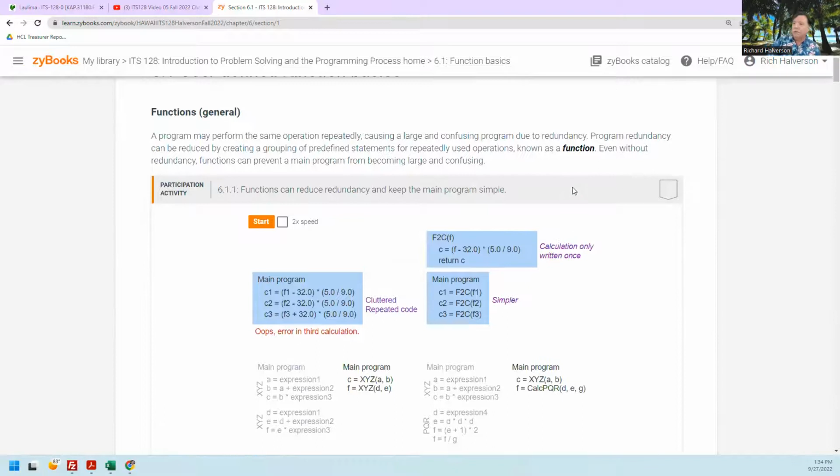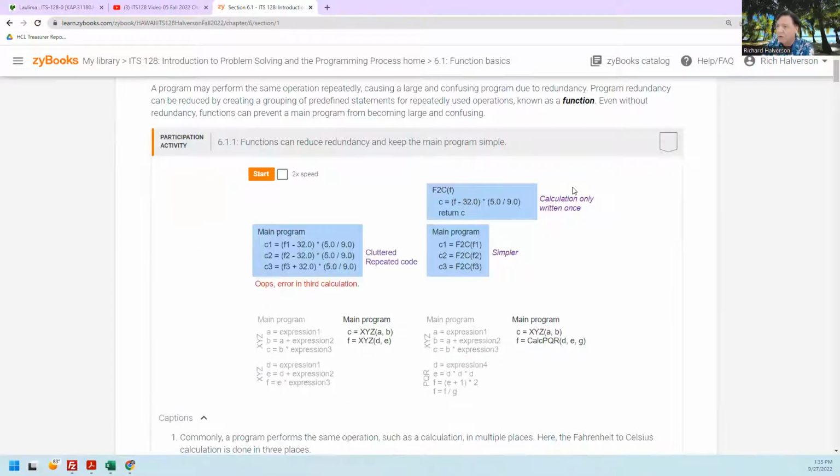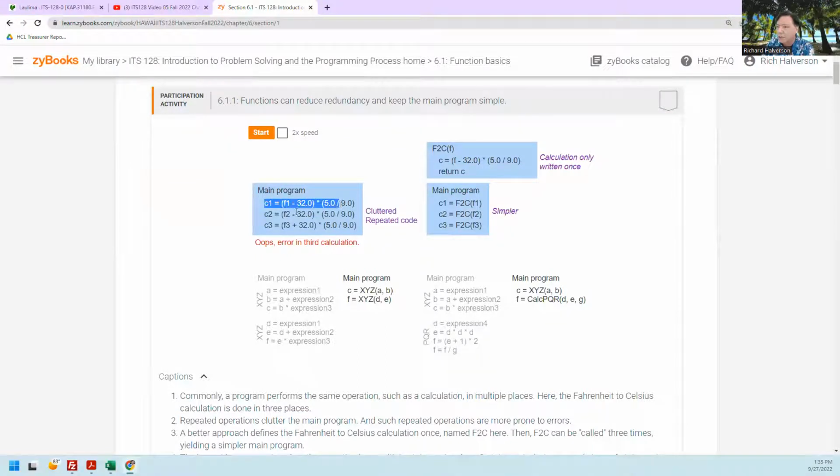Okay, so functions are a way of grouping your code. If there's some code that you use over again, you're able to take that code and make a function out of it, and then whenever you need to execute that code, you can just call the function. Let's say you have a program like this, and you're doing these calculations where you're calculating Celsius from Fahrenheit, and